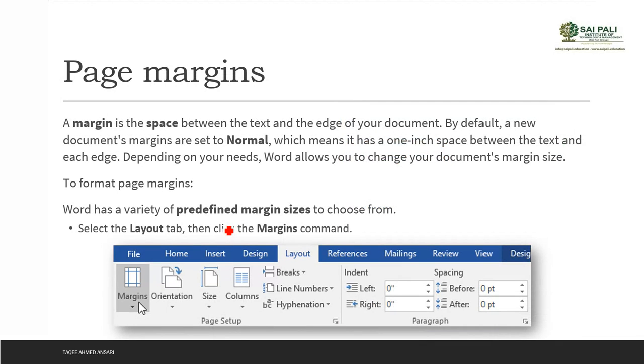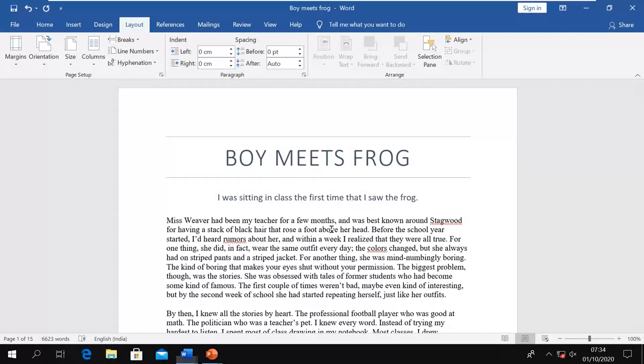Then the next thing is margin. Now what is margin? The space between your page text and the edge of the paper. If you see here, this is my text which is ending here, and the edge of the paper is here, and between this it is called the margin. So Word makes this margin by default.